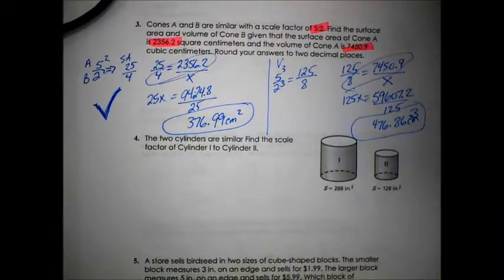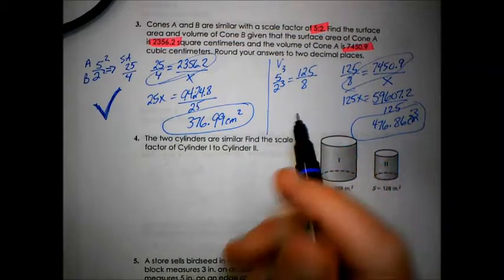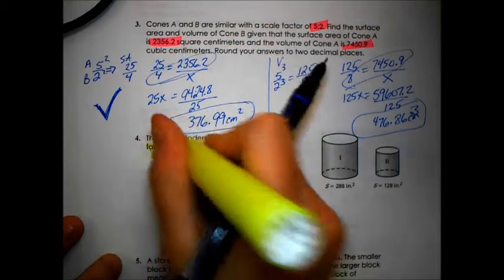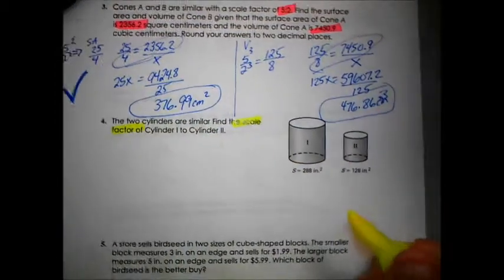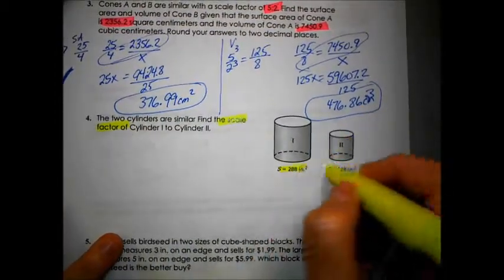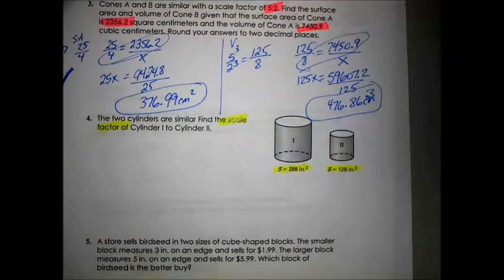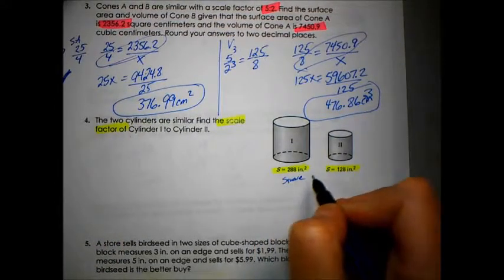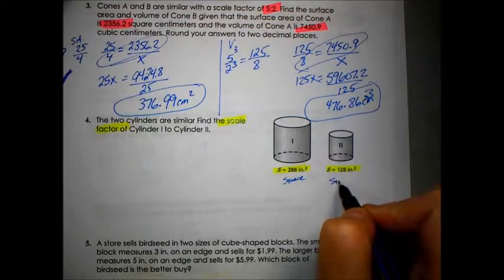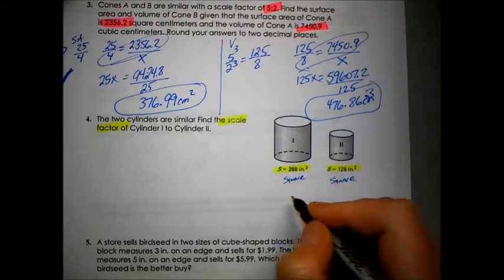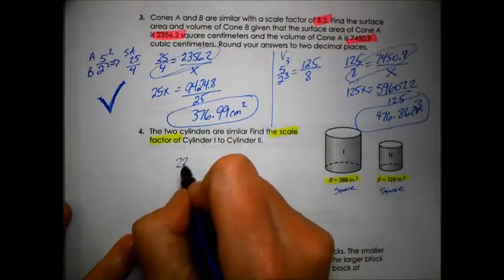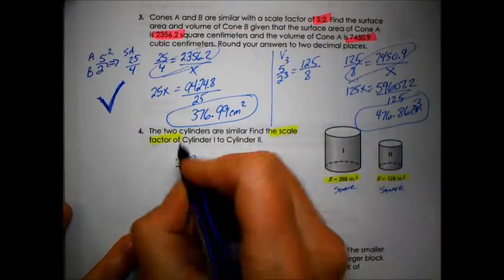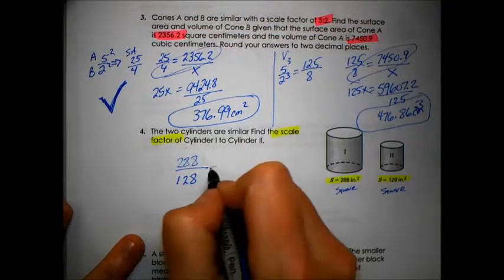So once you got those correct, then number 4, it wants us to find the scale factor between cylinder 1 and 2. If I look at the ratios, I notice they're dealing with surface area, so that means these are all squared. So to go backwards, I do the opposite of squaring it, which means I'm going to take the square root. So I want to take the 288, because this is cylinder 1 to cylinder 2, over 128,